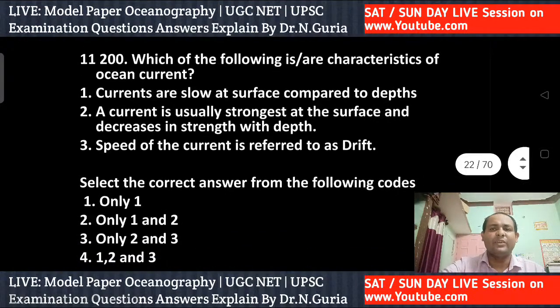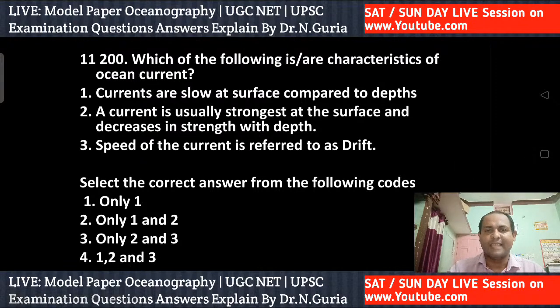I will explain every question. If you are new, subscribe to my channel, where there are different live session classes and very interesting questions for UPSC and NTA NET. I also explain this question. We refer to the speed of a current as drift, and drift is measured in terms of knots, basically its strength, and most currents have speed less than or